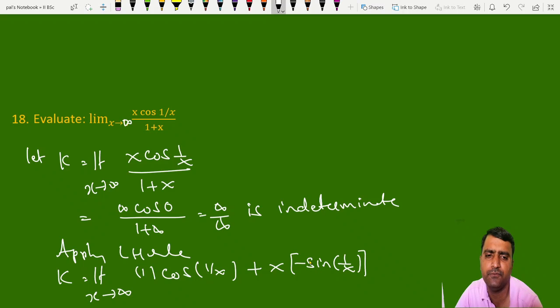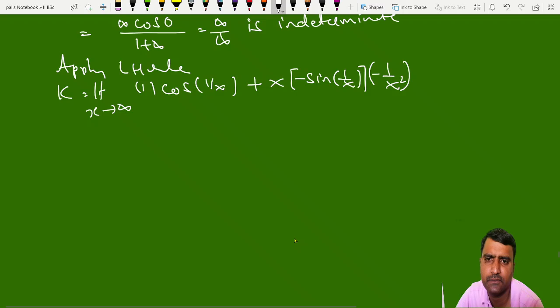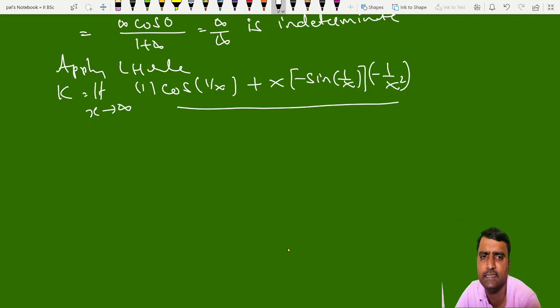Again differentiation of 1 by x is minus 1 by x square. In denominator we have 1 plus x. Differentiation of 1 plus x is 1. To this, if you apply the limit, k is equal to, okay, simplifying this first, limit x tends to infinity,